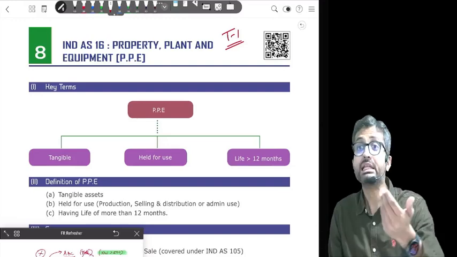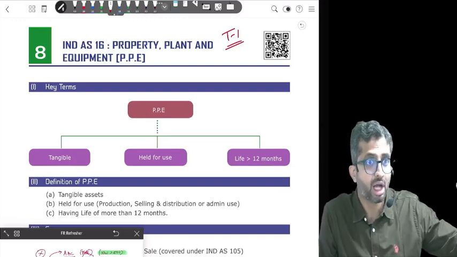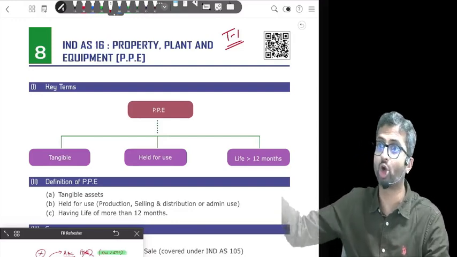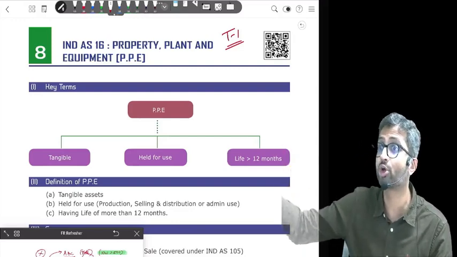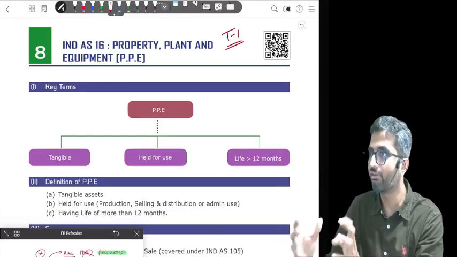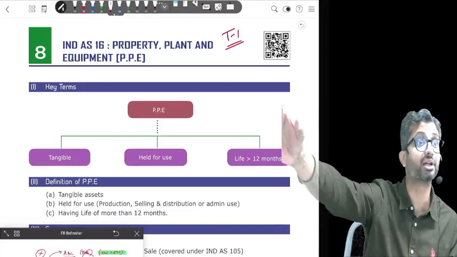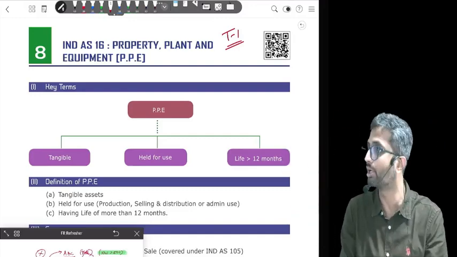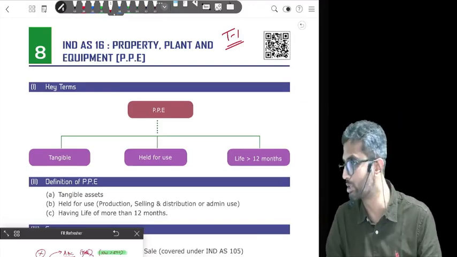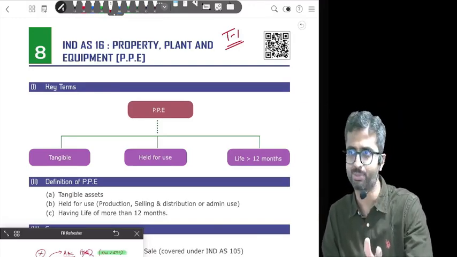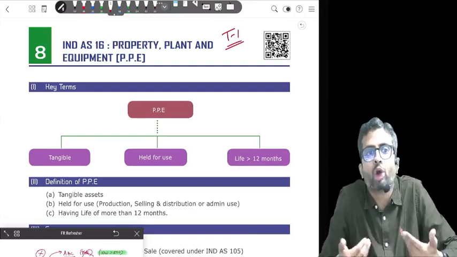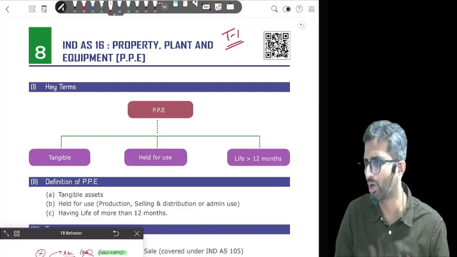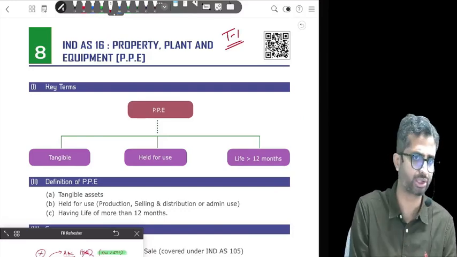Loosely speaking, this is similar to research and development. Samajhte? What an IT company or a pharma company does for research and development, an oil and gas company does for E&E, exploration and evaluation. Research and development, if you are aware, has separate guidance in Ind AS 38, Intangibles, which tells you what to do with research and what to do with development. In a similar way, Ind AS 106 tells you what to do with exploration and evaluation expense. Long story short, that will not be covered under Ind AS 16. It will have a separate standard. In the exam, this is not important because 106 is not in your syllabus.